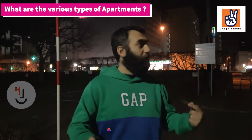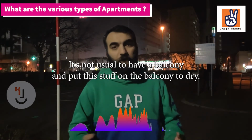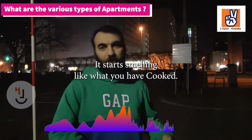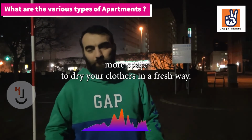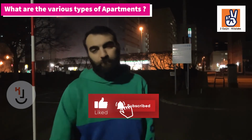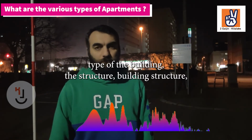Plus, in Japan, it's not usual to have a balcony and then put the stuff on the balcony to dry. So if you have washed something, it will already start smelling like what you have cooked. So that's why having a bigger room will give you a bit more place to dry your clothes in a fresh way. So coming forward, this type of the building, the building structure,